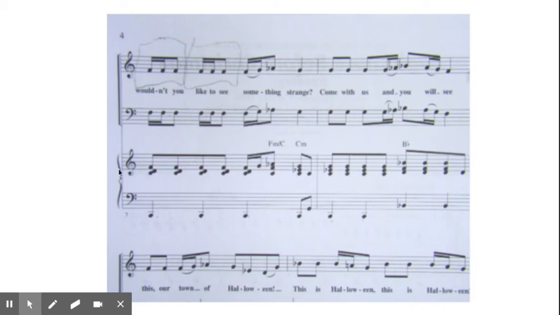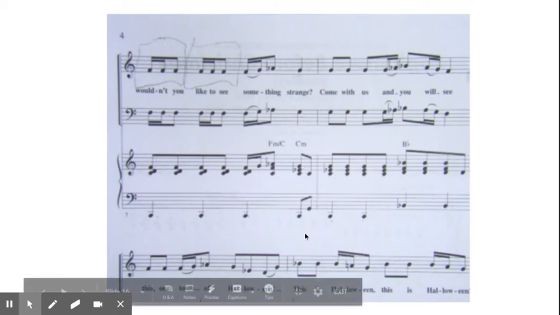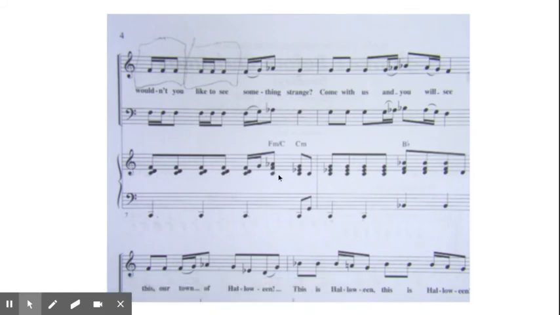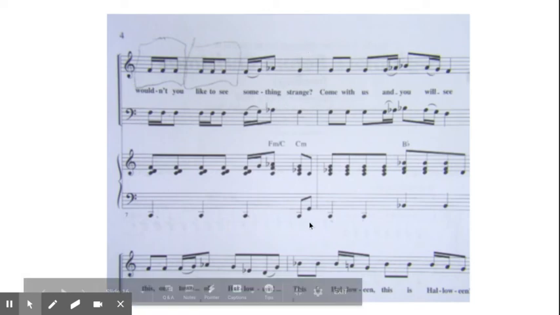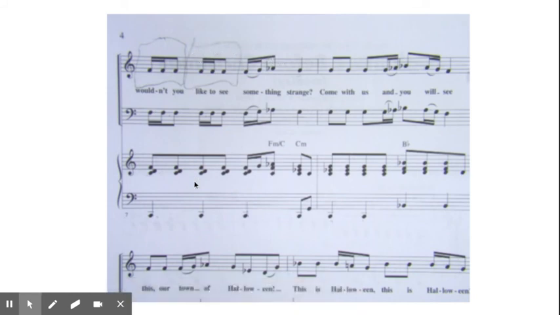The piano in the treble clef, the right hand, has, so if I'm tapping my beat, and then the vocalist, the actual singing that happens here, this is a beat, this is a beat, and we're in that 4/4 time signature. So here's a quarter note. That's pretty easy. That takes up a beat of time. Here's another beat. So you can see there's 4 beats worth of notes added in here.